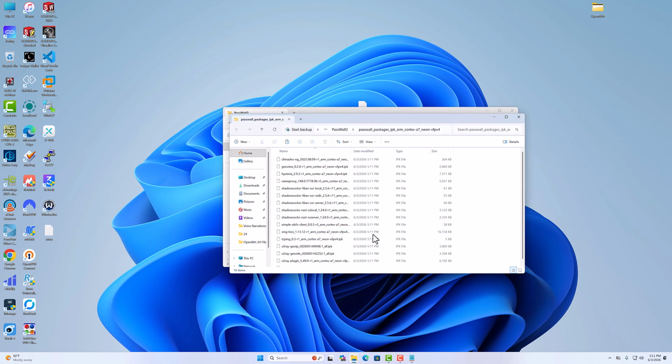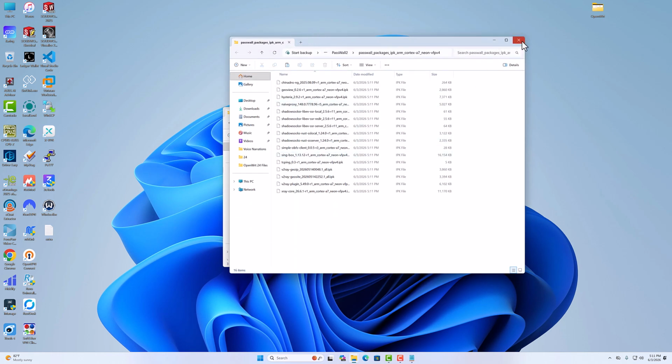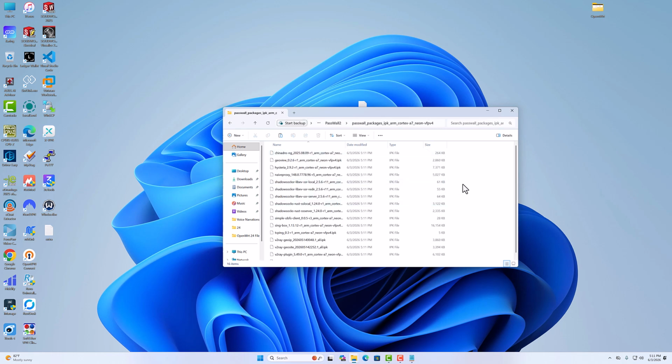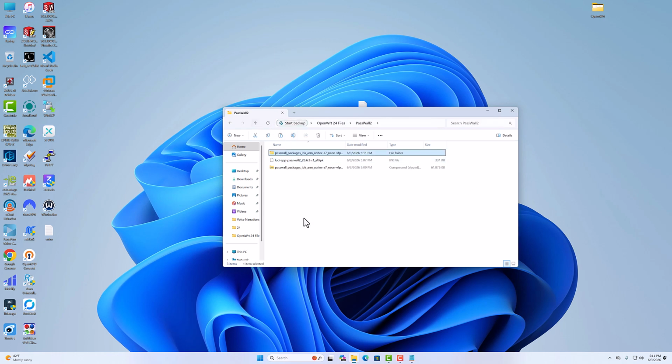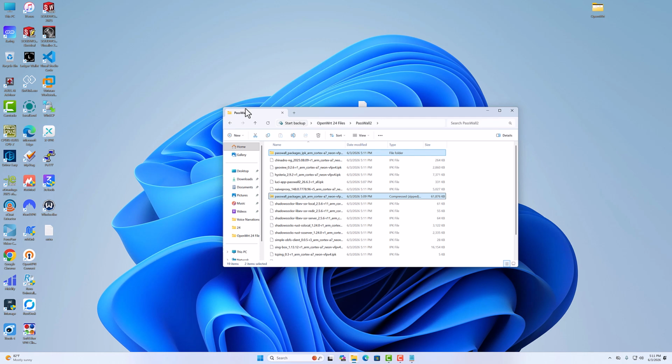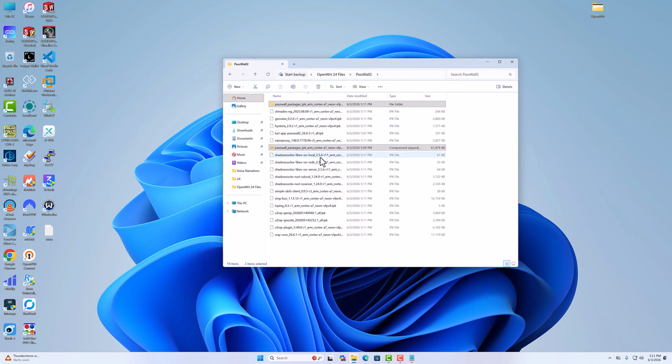Just let me extract it. You can use your WinRAR or whatever you want. So here, as you can see, I have about... let me check again. So just copy and paste all of that file to the Passwall 2 folder. So let me delete these extra files. So here, as you can see, guys, we have about